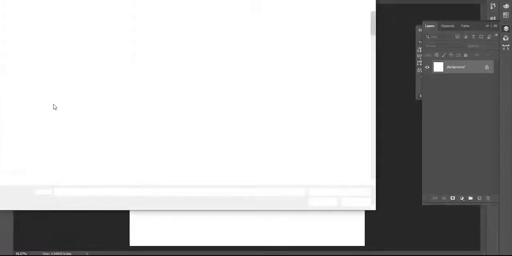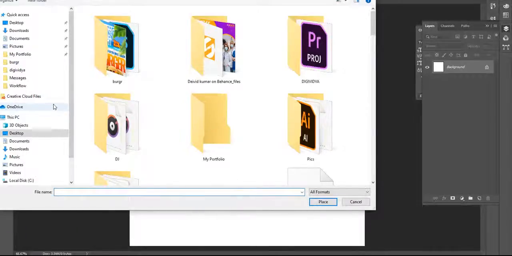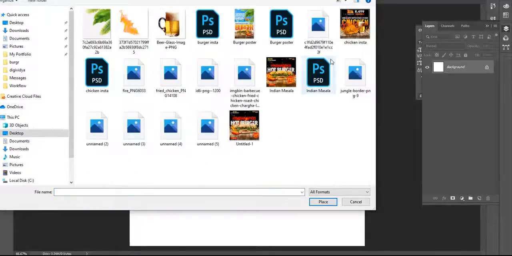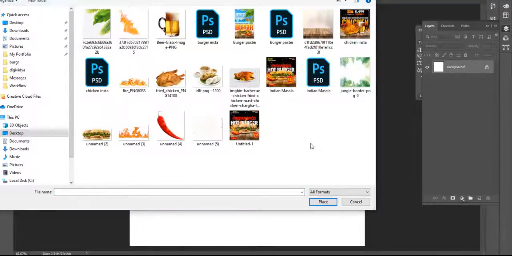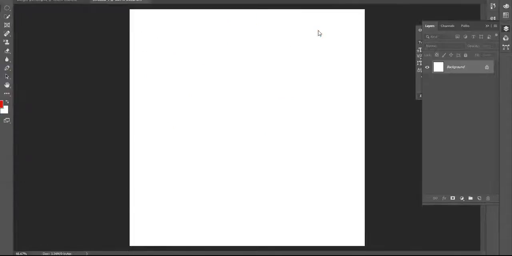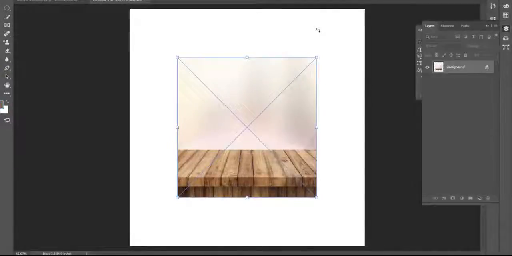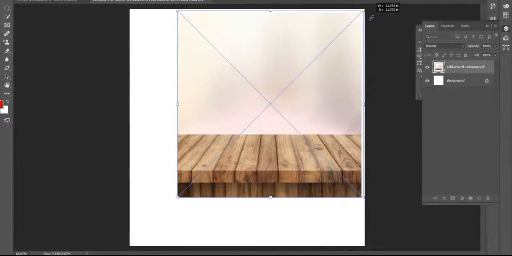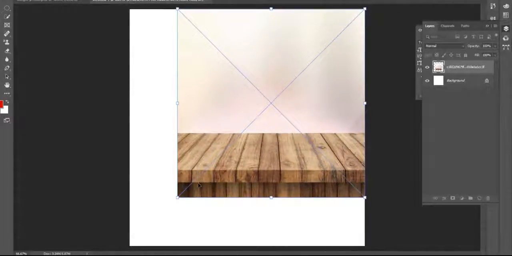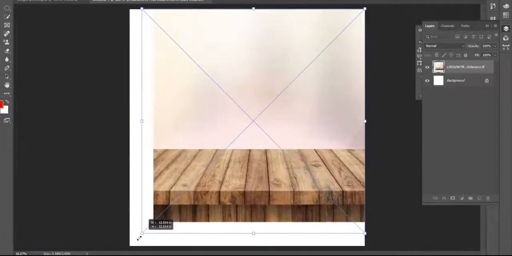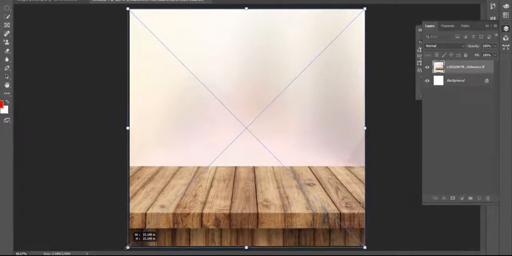Here, right, and I need some images. Yes, I need this wooden floor, right? And make sure when you transform and resize this image, you have to drag from the corner without pressing any key.